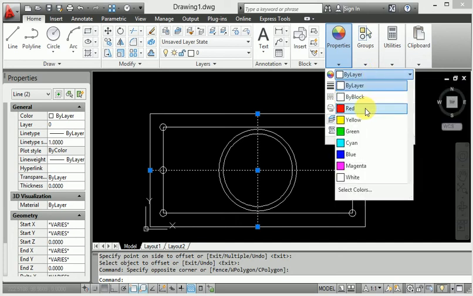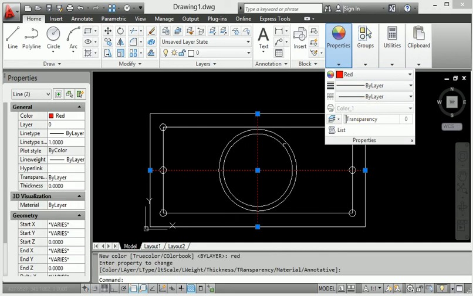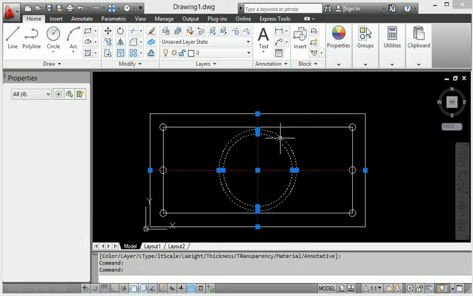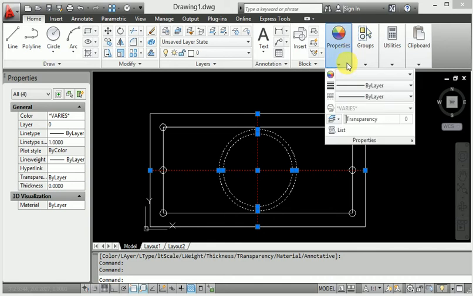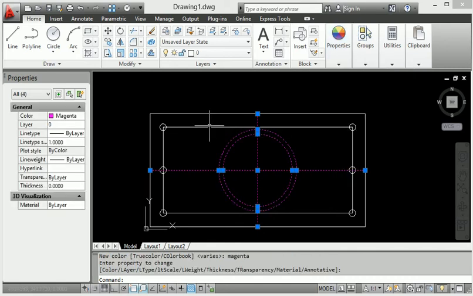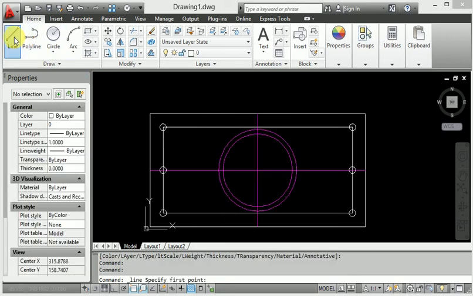Then select this rectangle, and here the layer and here the color layer. When I provide the color red here, then this line is provided in magenta color.